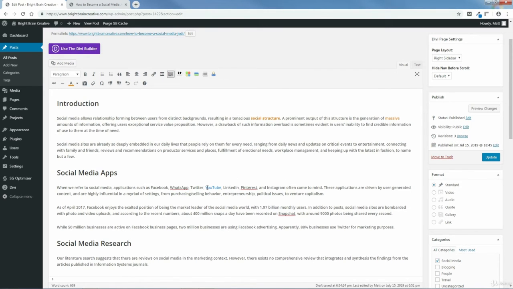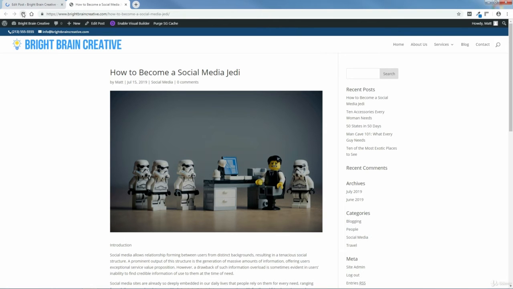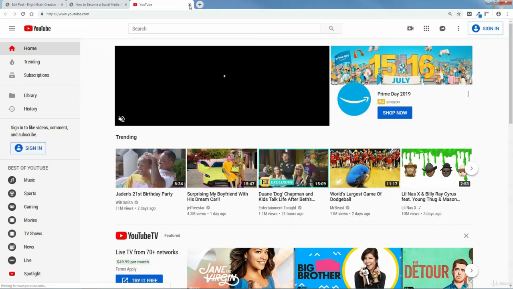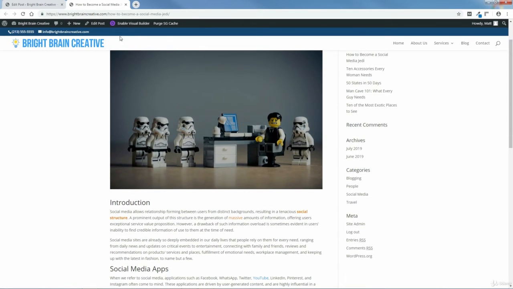And now you can see it's a link color. And if I update the blog post here, come over here and refresh the page. You can see our orange text. It's bold. This is orange here. And if I click this link, it opens up in a new tab. So let's go back and